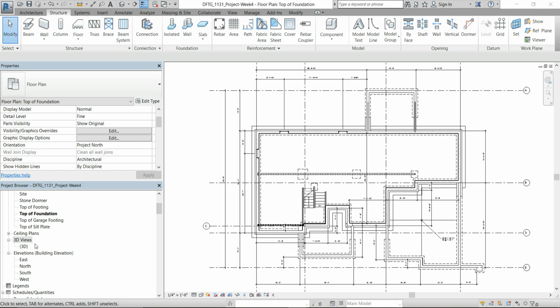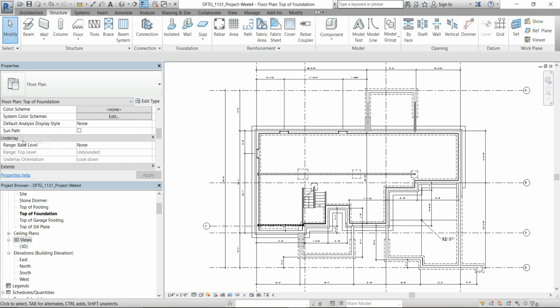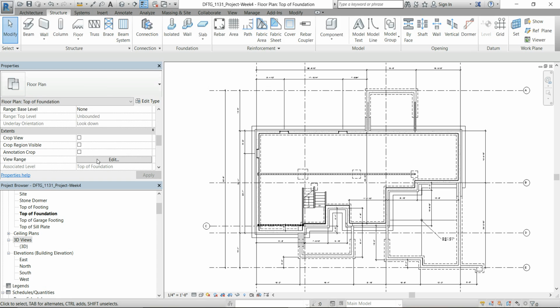And when I create the new section cutting planes that we're going to be doing, I want to create them in order and then lock them in place. Okay, so let's start off here, and let's look at our settings. So we're going to turn off no underlay. Okay, and then on my view range,